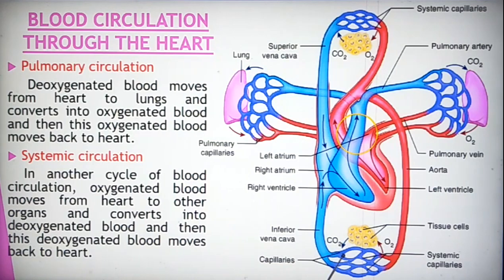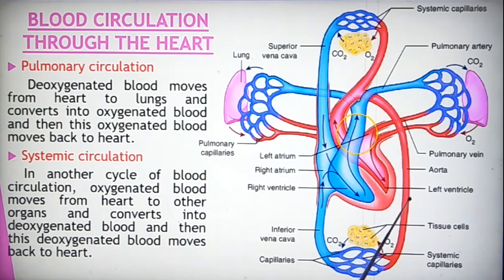You can see both sides, carbon dioxide blood is there, these two cells. So this is carried to the cells. After respiration, this carbon dioxide blood is released to the blood capillaries. It is carried by the veins back into the heart. From there, from the heart, what is happening? The blood is carried to the lungs for oxygenation. After oxygenation, again what will happen? It is passed through the aorta.